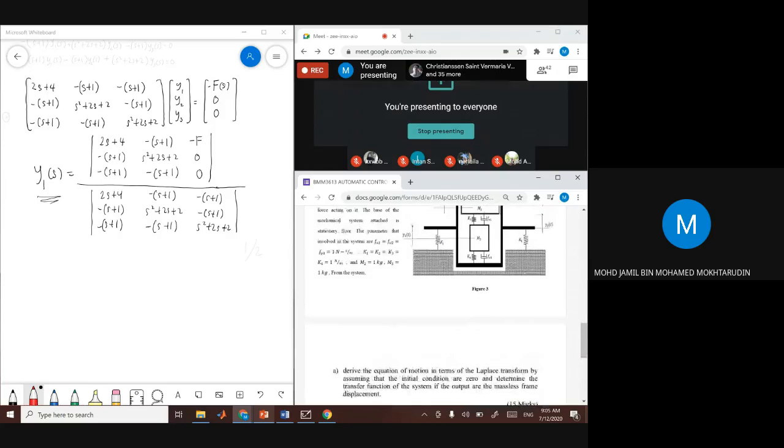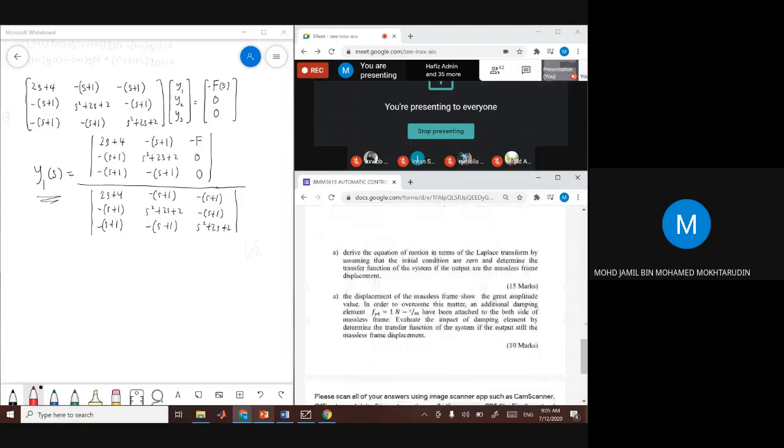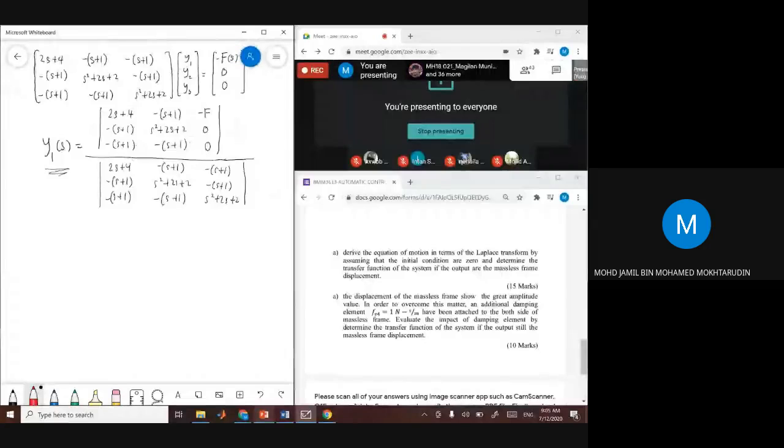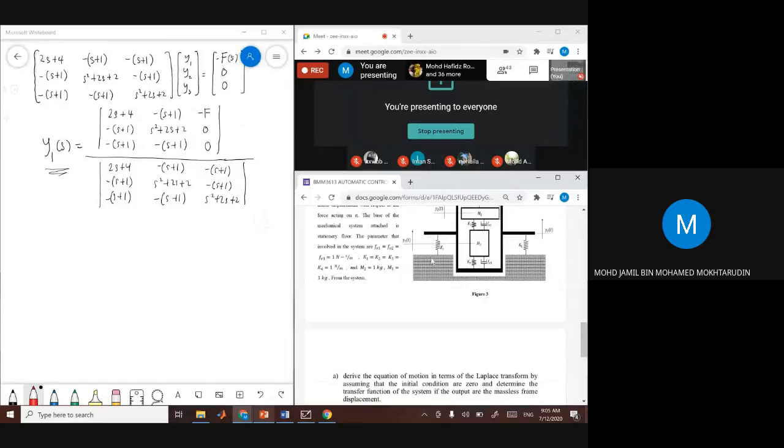we add another damper here and another damper here. So there are 2 dampers added. And then you need to modify your equation to add the effect of the damper. So when you add the damper here, connecting the massless frame and the platform, you only modify the first term here. You only modify this,